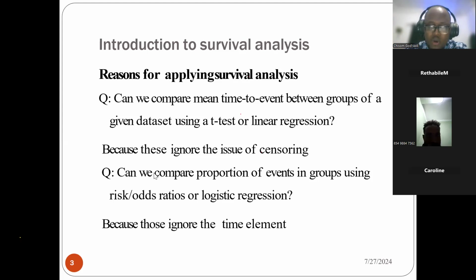Now, also, can we compare the proportion of events in groups using odds ratio or logistic regression? No, the answer is no, because it ignores the element of time. So I've seen a lot of people, when they do the analysis, try to use some other types of regression. But once I look at the data, I always query it. I will ask the person, so how do you plan to